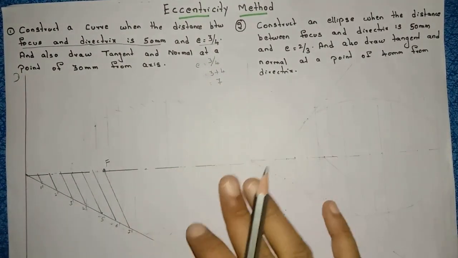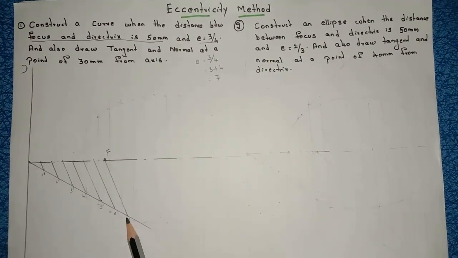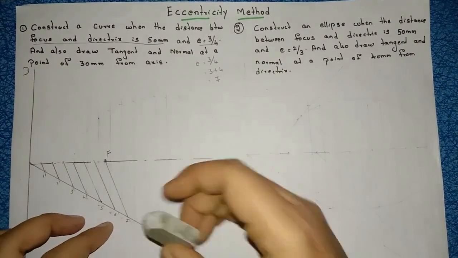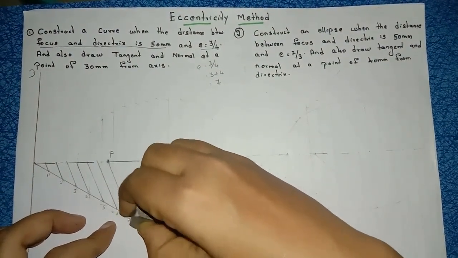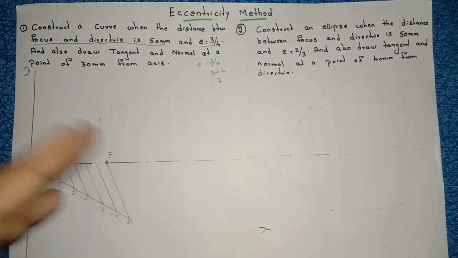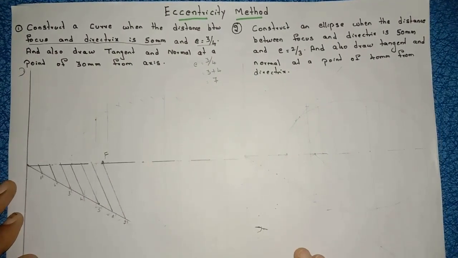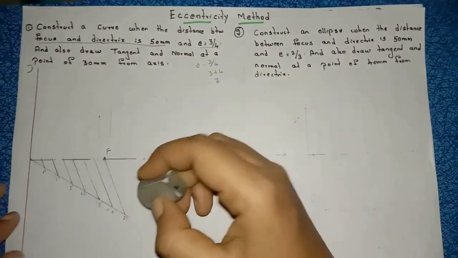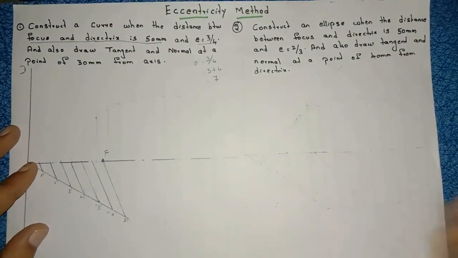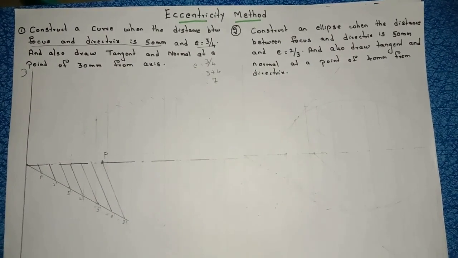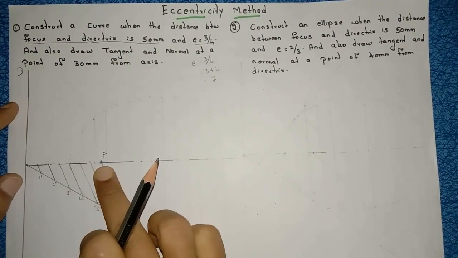Now my suggestion is, we are drawing a lot of constructional steps here, right? So this is your last arc, no? After getting your last arc, please rub the remaining lines in order to avoid confusion, because we are drawing so many lines here. We will get confused by seeing all these lines. Now till here it is okay, no? Now we have marked the focus point, right?